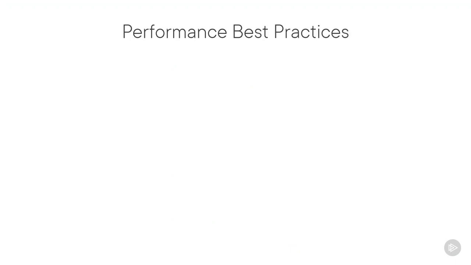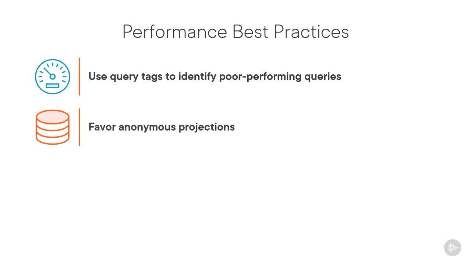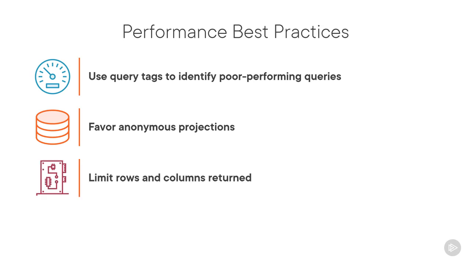Carlos has adopted a few best practices around performance. He begins by putting in query tags to identify poor-performing queries. That allows him to focus his efforts where they will yield the best results. And then he addresses database performance by favoring anonymous projections. This gives him the control to determine exactly what work to do in the database and what work to do in the application. And then to address network performance, he limits both the rows and the columns that are returned